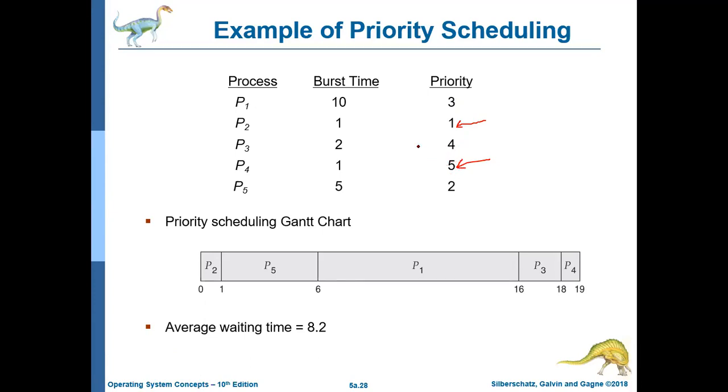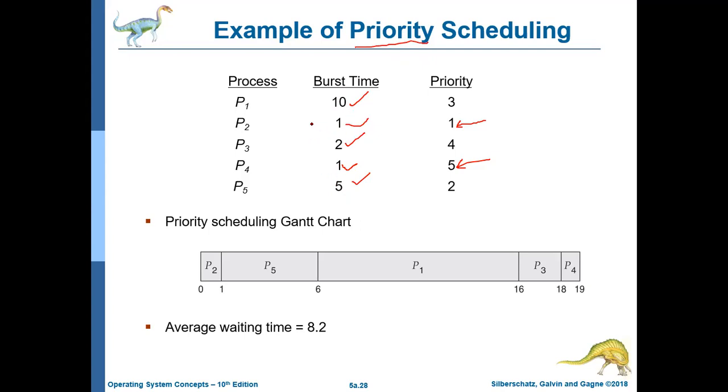If you are not going through this priority scheduling, and I asked you to schedule this according to SJF, shortest job first, which process you are going to take first? Obviously P2, then you will take P4, then P3, then P5, and in the last you will take P1 in the SJF, shortest job first fashion.